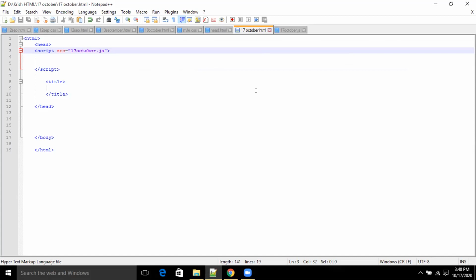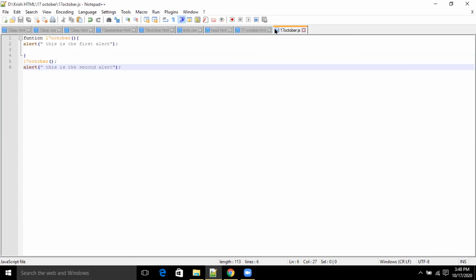Let's go back to your JavaScript file. FUNC. Okay, now save it. Oops, no, no, the space has to be there.